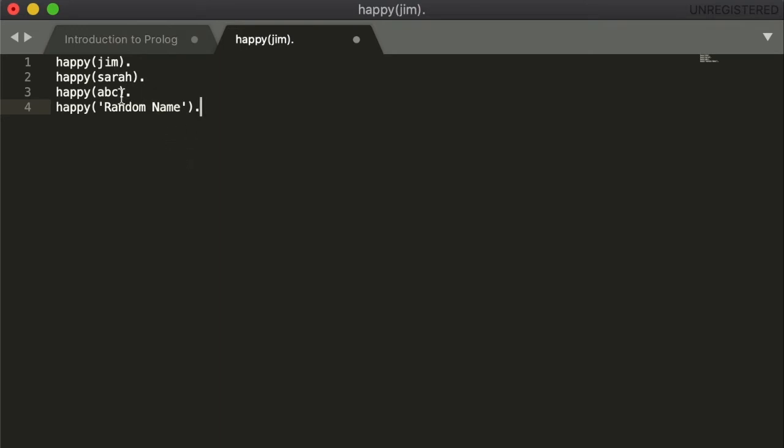So yeah, atoms always start with a lowercase letter or the single quotes. Some more examples of facts with atoms are female(sarah) or university(slu_madrid). And you always want to separate your lines of code by predicate just to maintain proper code style. Okay, so these are all examples of facts